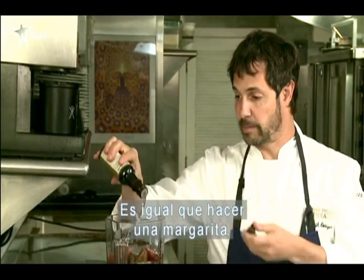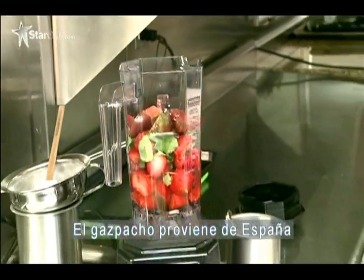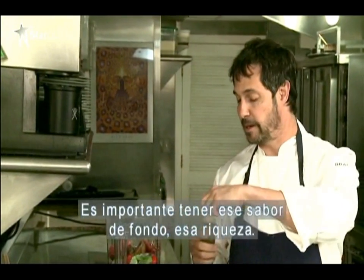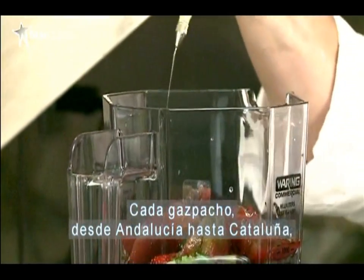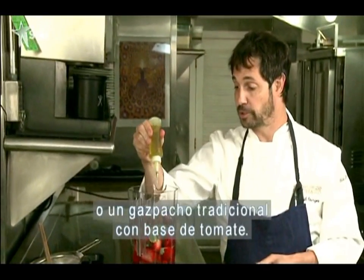And again, this is just like making a margarita. We're just throwing little splashes of a couple things in the blender. Gazpacho came from Spain, and every gazpacho should have olive oil in it. It's very important that you have that little background flavor, that richness. Every gazpacho from Andalusia to Catalonia, they're all pretty much olive oil based, whether it be ajo blanco or traditional